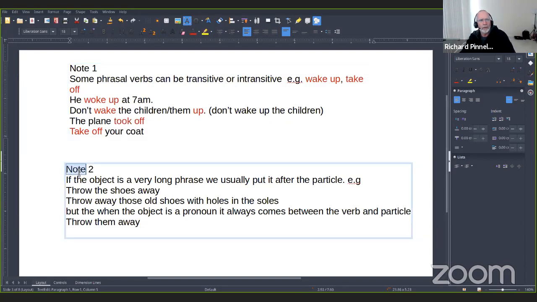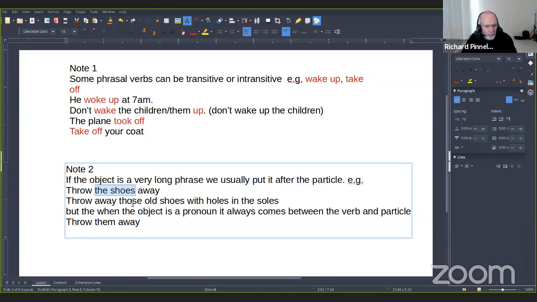Second note. If the object is a very long phrase, we usually put it after the particle. For example, throw the shoes away. Throw away those old shoes with holes in the soles. So here we've only got two words in the object. It's a noun phrase with two words.